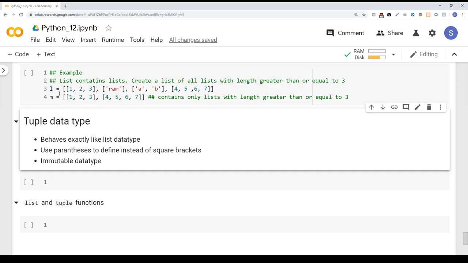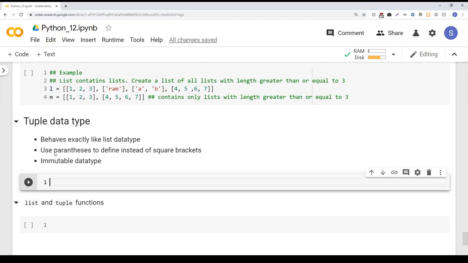Now there is another data type called the tuple data type. This tuple data type behaves exactly like the list data type. For example, you can use the length method on it, you can iterate over it using a for loop, and you can do concatenation on it. There are many things in which the tuple data type is exactly the same as a list data type. But there are 2 differences. The first is that you create a tuple using parentheses instead of square brackets. So if I want to create a tuple T,